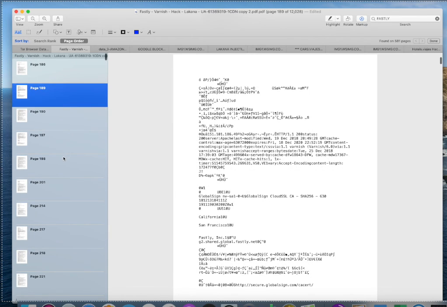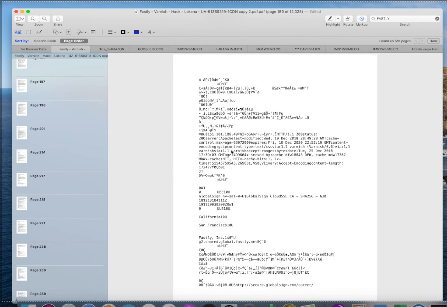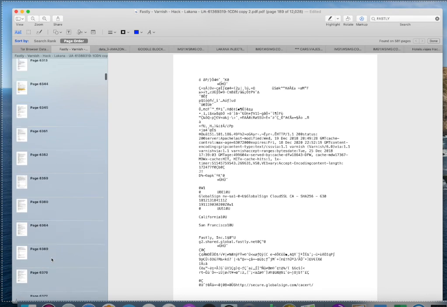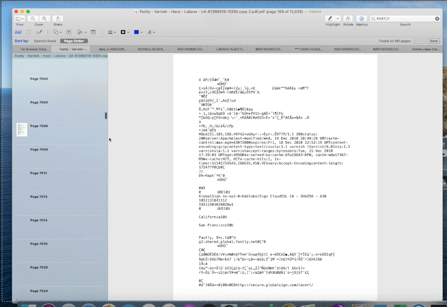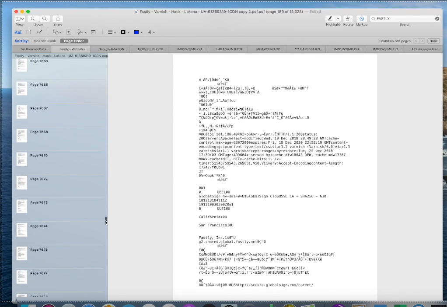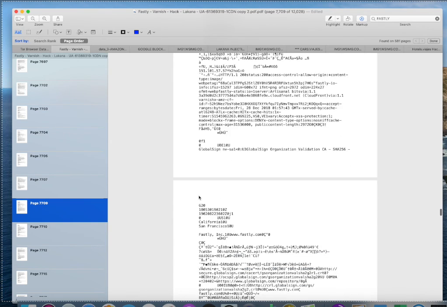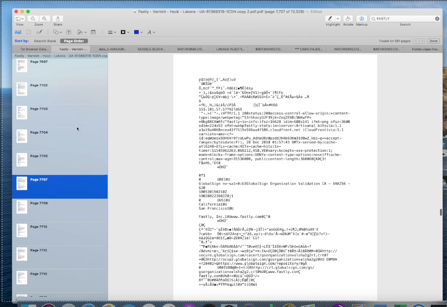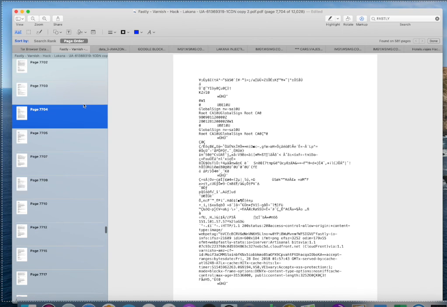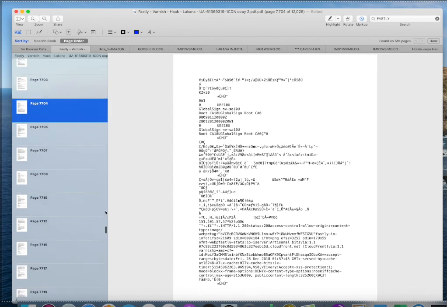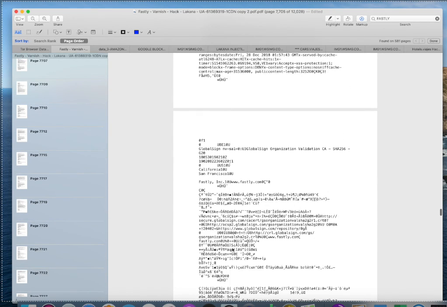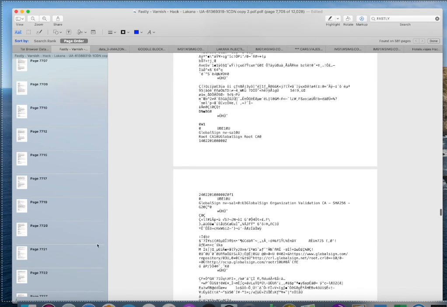So, Varnish. But this document's 12,000 pages long. And it's just amazing how they're DNS cache poisoning me.